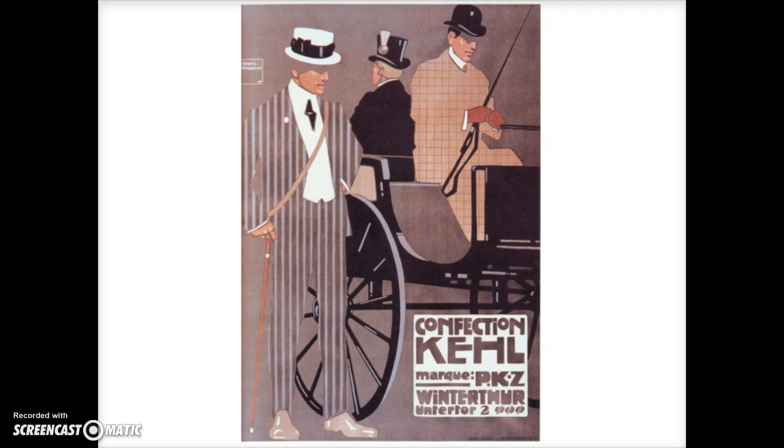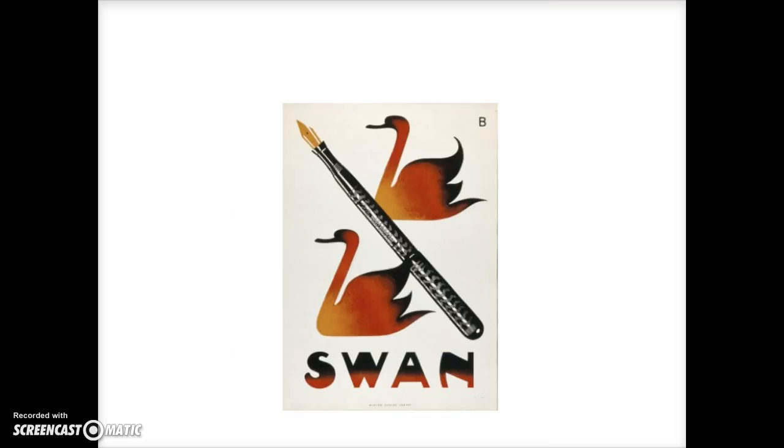And so this is kind of a more modern example of the Sachplakat style. This is by the artist Otto Baumberger, who became popular a little later on after World War II. He was a little bit ahead of his time, and he used this version to sort of make a Swiss version of the Sachplakat style. So I thought that was kind of cool. And so yeah, this basically wraps up the Sachplakat imagery, and the next lecture will be about propaganda posters.